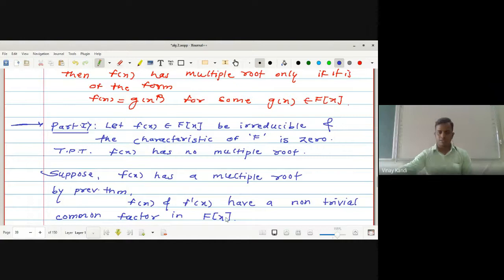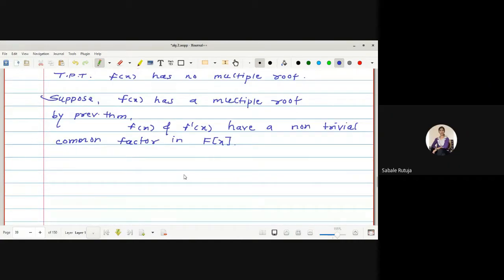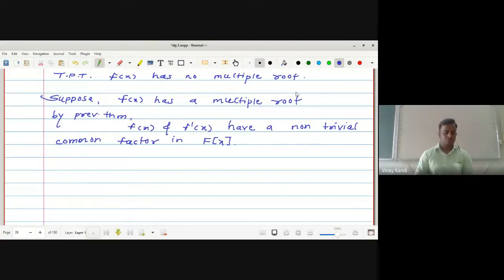Is it correct? Yes, sir. Okay, f(x) and f'(x) have a non-trivial common factor in F[x] by the previous theorem, if f(x) has a multiple root. Okay. Now, since f(x)